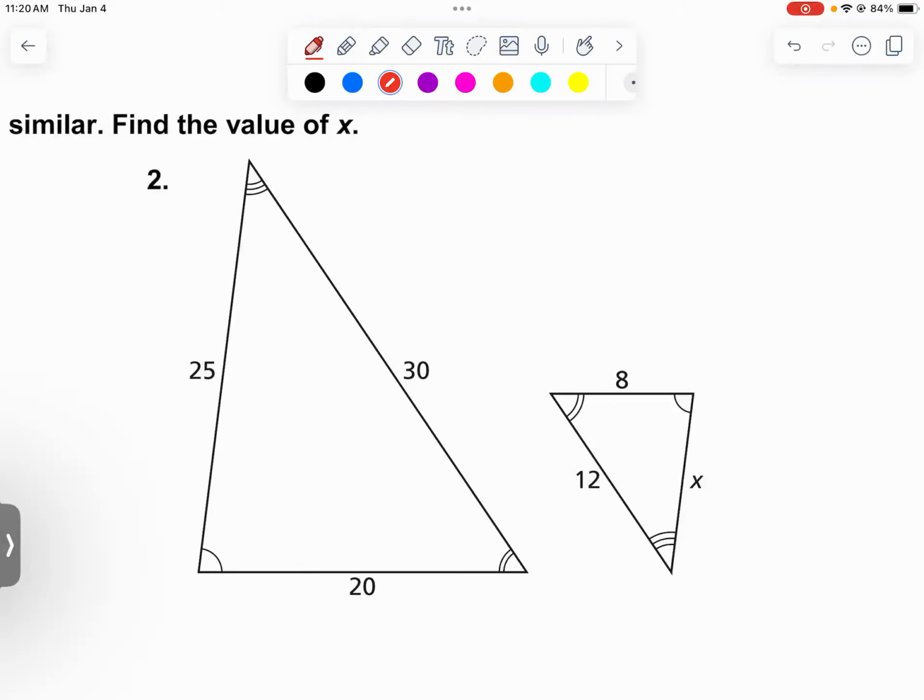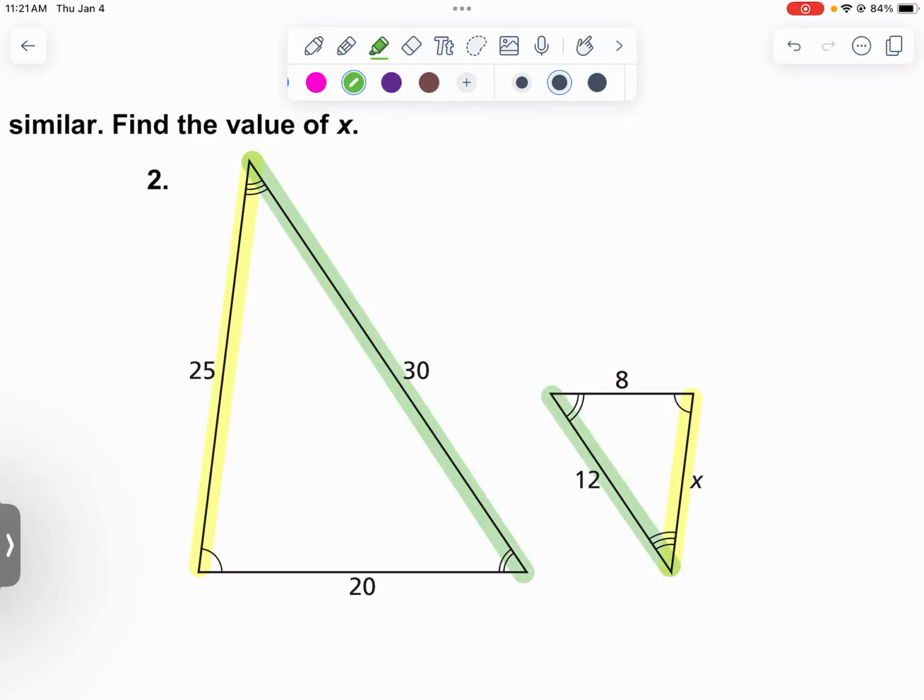By flipping to the side, it's 30 and 12 together, 8 and 20 together, and 25 and X together. So 25 and X go together, right? Okay, and what's another pair that goes together? 12 and 30. Okay, so